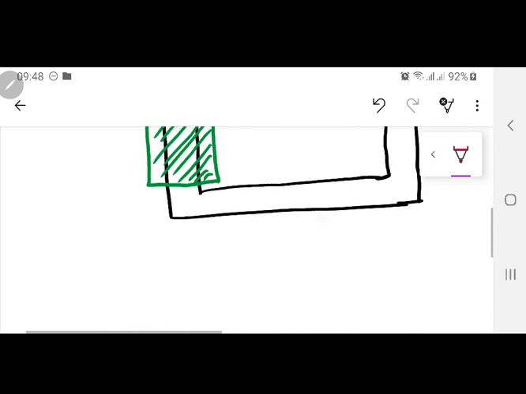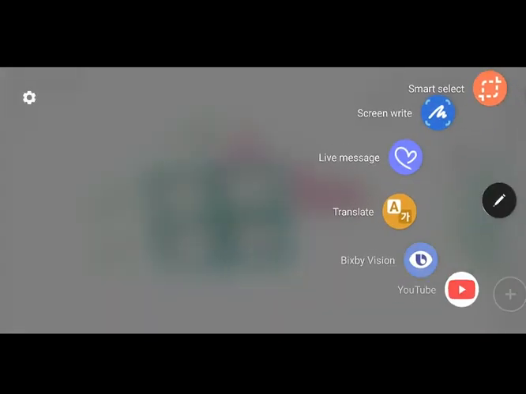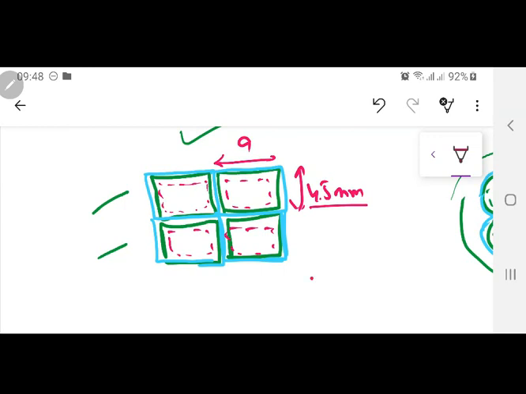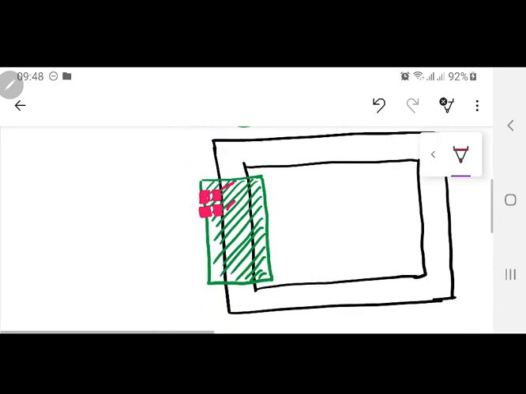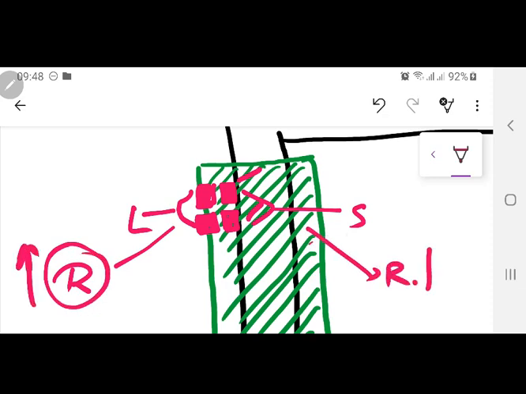For example, this size may be equal to 9 and this size may be equal to 4.5 mm. So when you have this as 9 and 4.5 mm, this means that you are actually very far away. When these four conductors are moved around the core, these two conductors are going to have a little larger length and these two are going to have a little smaller length. Since current has to be equally bifurcated in these four conductors, the one which has a larger length will have a larger resistance as compared to this one.